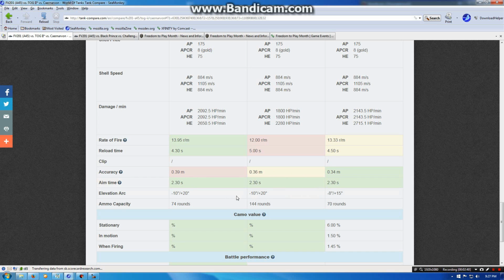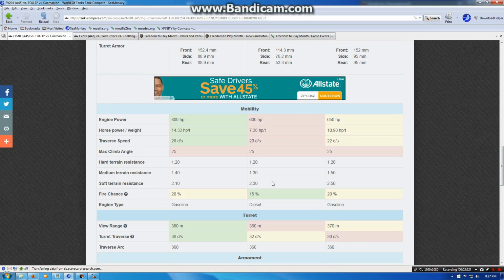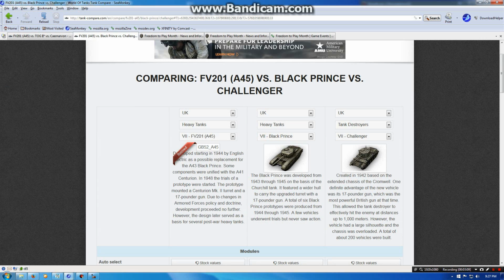Aim times are the same. The gun depression is the same as the TOG, and it's slightly better than the Carnarvon, and it's got more rounds than the Carnarvon, but not as many as the TOG. So basically, as I said, you've got a stock Carnarvon with thinner front armor and slightly weaker sides and rear armor on the turret. Now let's take a look at something that's a little fairer comparison,